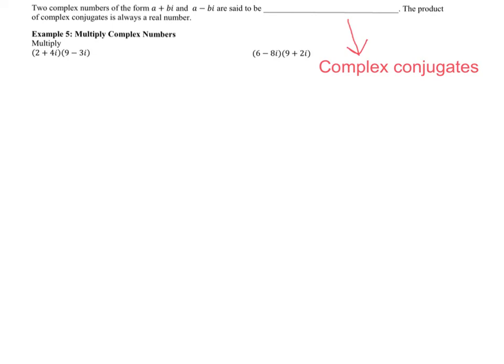So 2 times 9 will give me 18. 2 times negative 3i will give me negative 6i. 4i times 9 will give me 36i. And 4i times negative 3i will give me negative 12i squared. So we can go ahead and combine like terms that we have. So we'll have 18 plus 30i